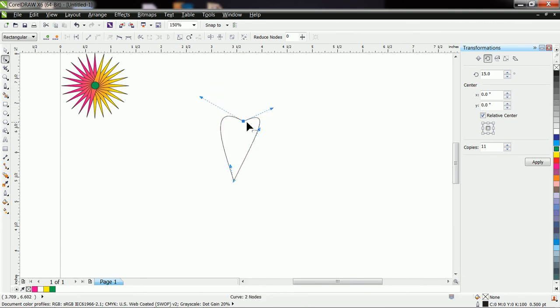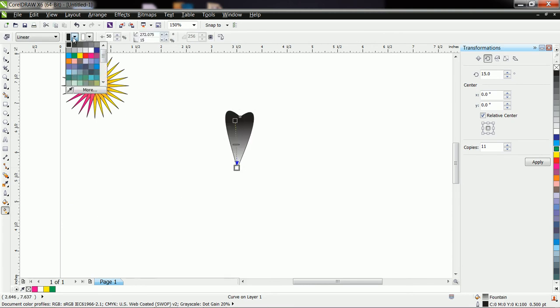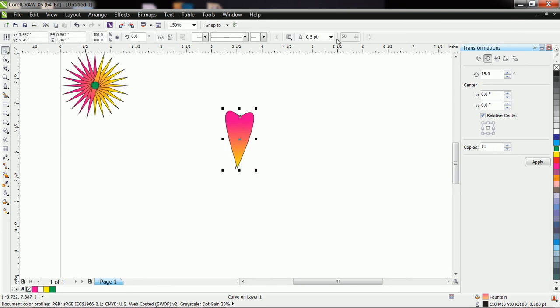If you don't know how to use the shape tool or the pen tool, then you can watch the previous lecture on how to use the pen tool and shape tool. Okay, now let us fill some shading. Here also we use the same shading, and also remove the outline.